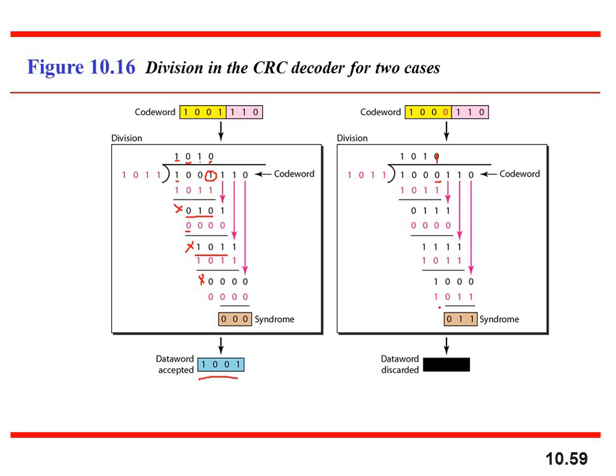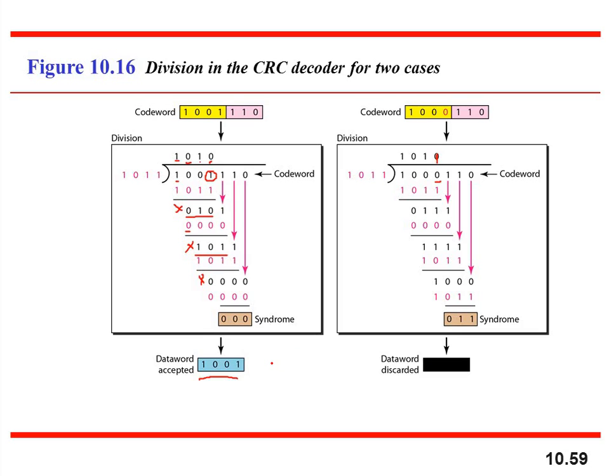So you start with again 1 0 1 1. So 1 0 1 1 is going to generate a syndrome of 0 1 1. So this is not a 0 0 0. Syndrome is generated 0 1 1. So the logic decider, or the decision maker, will come to know that the syndrome is not 0 0 0. Hence there is a problem with the system and the data we have